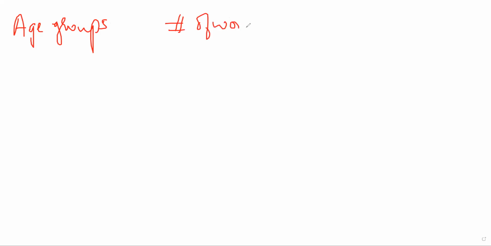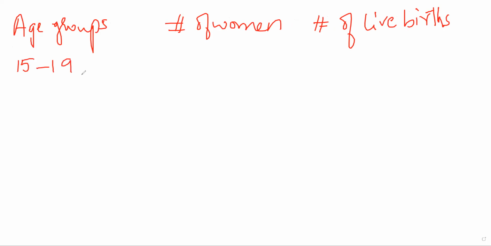Age groups, number of women, and number of live births. Now let us suppose the age group is 15 to 19.